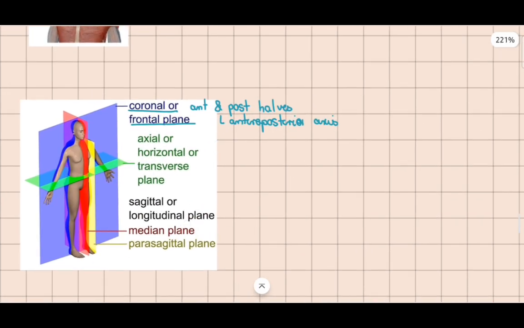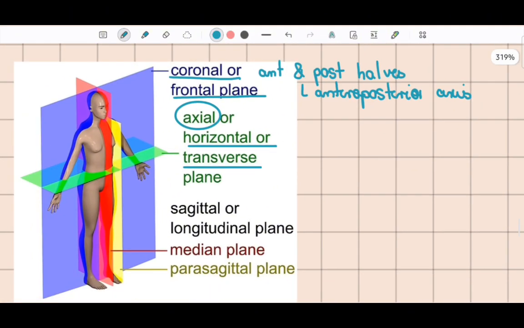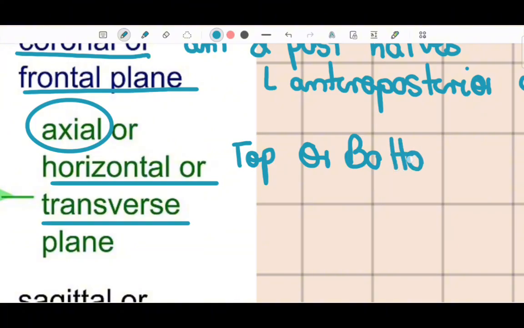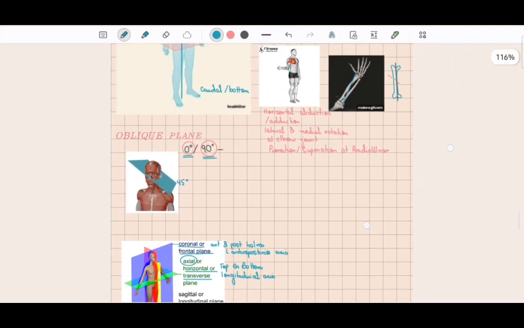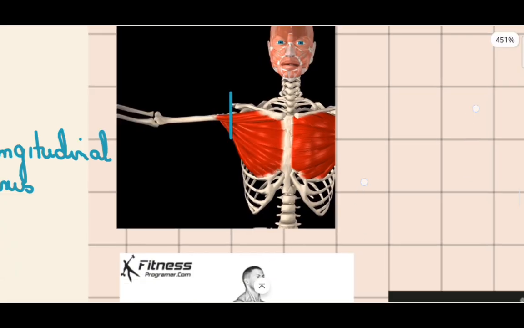Now we are having the second, that is the horizontal, also called the axial or the transverse plane. Okay, it divides the body into the cranial or the caudal part, or the top or the bottom. So the axis will also be the top or the bottom part. So the axis will be the longitudinal axis, and the movement will be at this longitudinal axis, and the movement will be the horizontal abduction and the adduction at the shoulder joint. This one. Okay,